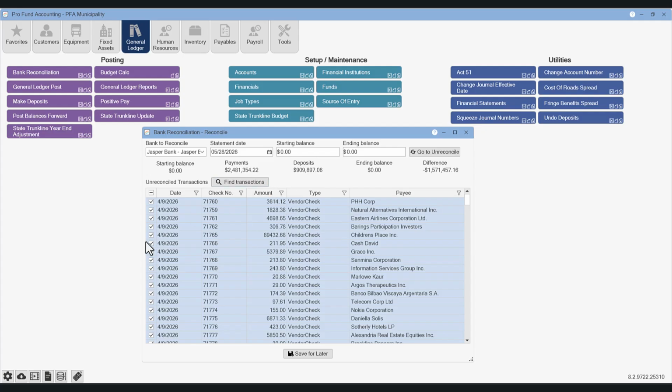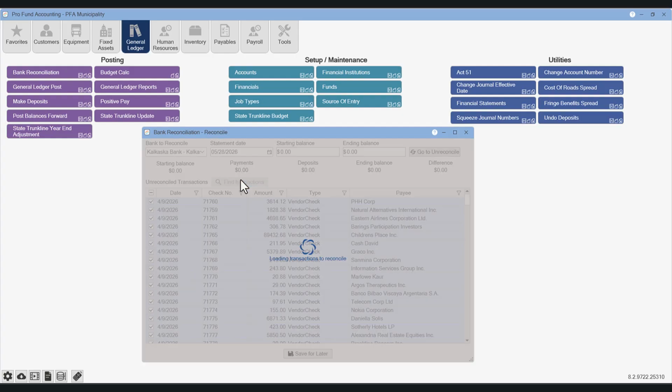We've also had some issues on some of the transactions because it turns out with the new Empower, there's a place where you can spend, and the new Empower has you upload 3 different dollar amounts to them for different parts of the retirement. Right now in our payroll, you only create it under a single deduction code. So the different reports break up that single deduction code into 3 different parts that get loaded to them separately. In which case, what happens in your bank rec is you see 3 transactions, but here you will just see the 8 payroll transactions. So if we go to Kalkaska Bank and I just go ahead and say find transactions,